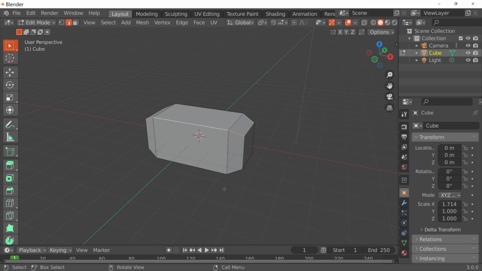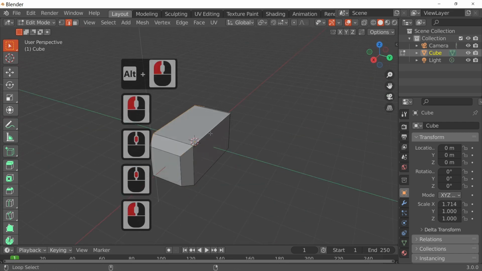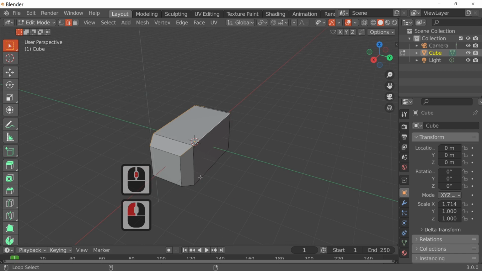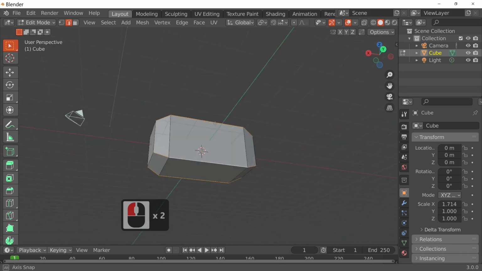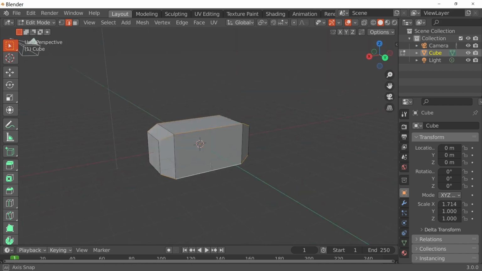So you hold the Shift key down, the Alt key down, and then you select the edges. Unfortunately this doesn't show up in the key finder, but what I'm pressing is Shift, Alt and left clicking, and as you can see that's now selected all our edges.